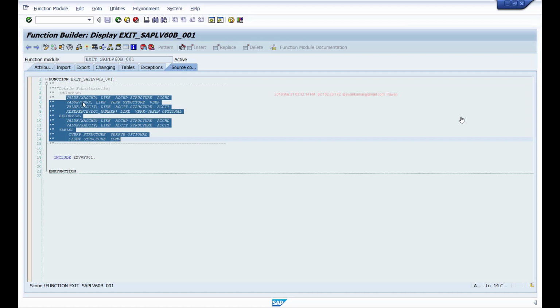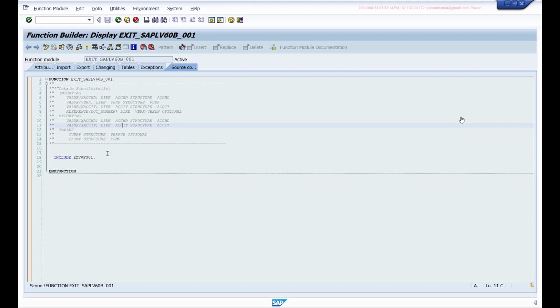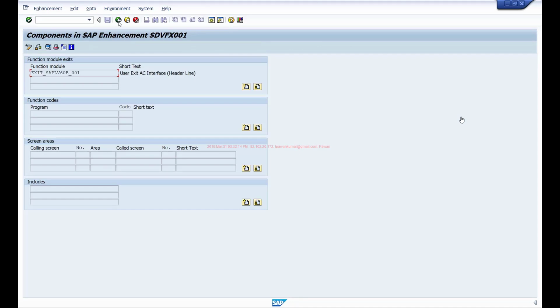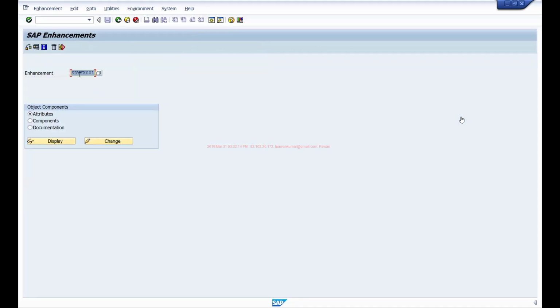If the interface is supplying you the plant number, then you can write an if condition saying that if plant is this, then execute the code. If the interface is not supplying the plant number, then you cannot even write an if condition, because there is no way for you to know which plant is being used in this transaction, right? So those are the two limitations of these customer exits. But once you find the enhancement that meets your requirement, this is one way of finding it.